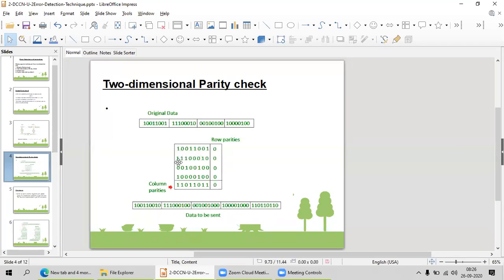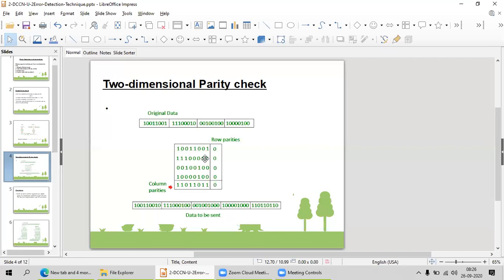Okay, how many number of ones are there? 4. Okay, 1 plus 0, 0 plus 0, 1 plus 1, 0 plus 1, 1 plus 0, 1 plus 0, 1 plus 1, 0. Modulo 2, yes, I'm doing modulo 2. I'm not taking 1's complement and all those things. Only modulo 2 operation, even number of ones.